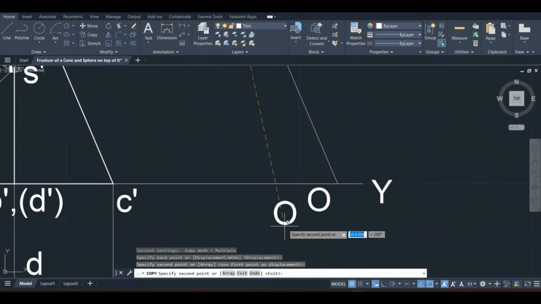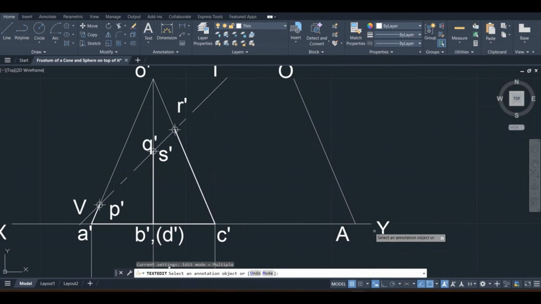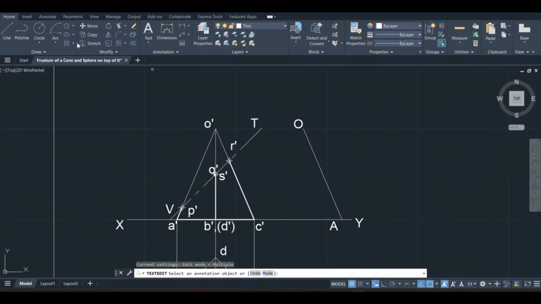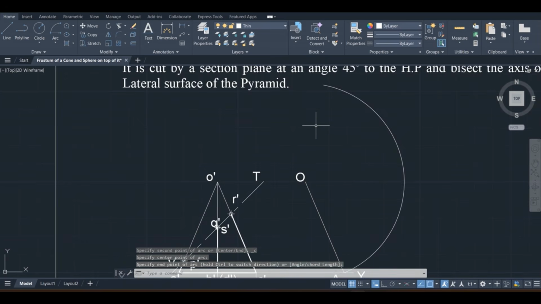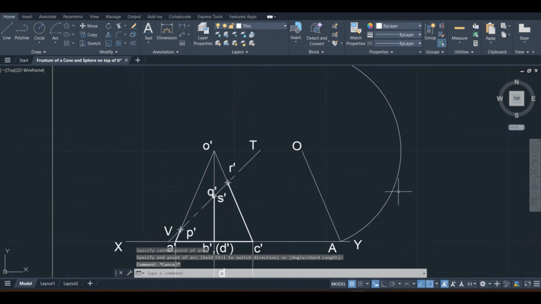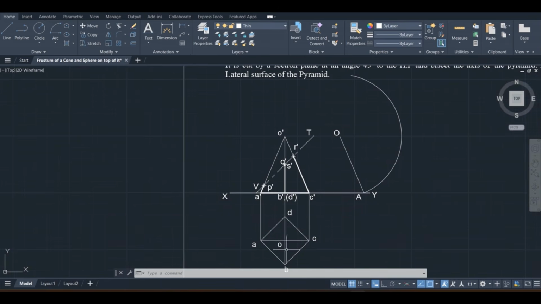This is A. Now OA as radius, O as center, strike an arc with some length, and on this arc, step up with base side length.